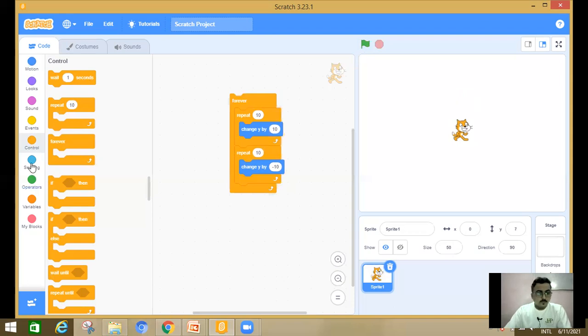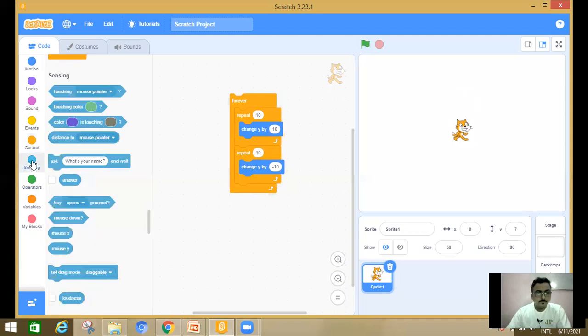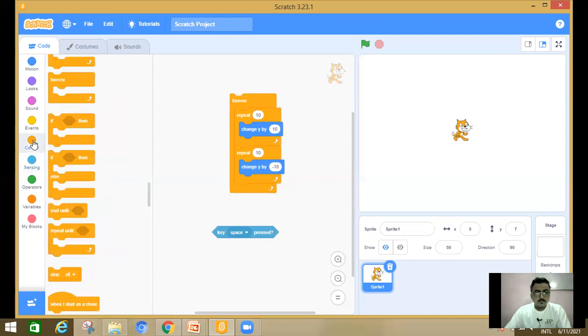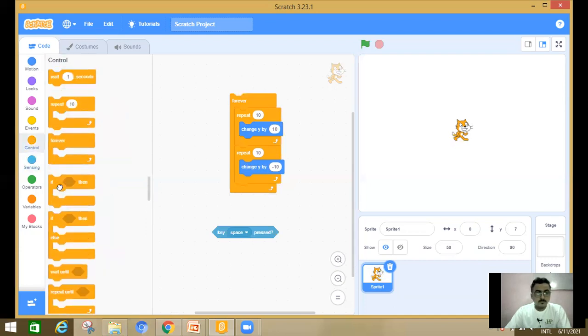So going to the sensing, okay, when key is pressed. Okay. And now I have to choose the if condition.